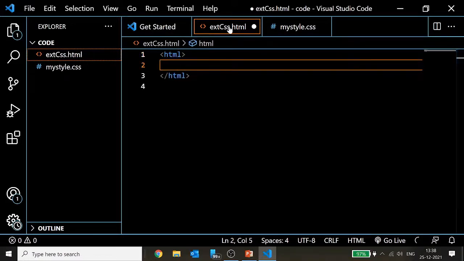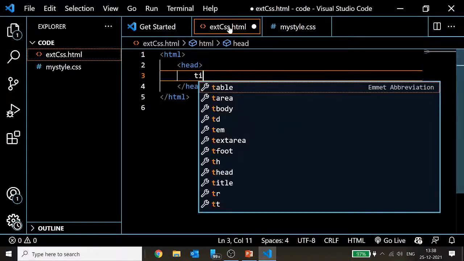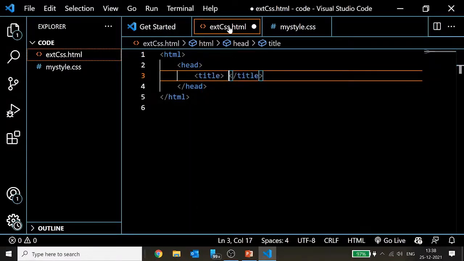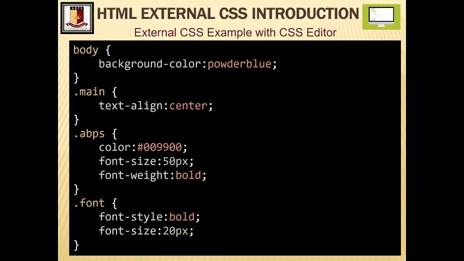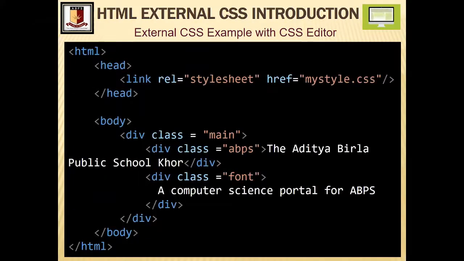HTML. Now head, give some title also. Suppose title is external CSS, and include style. And this style, what you can link, just check, you can use within the head link and